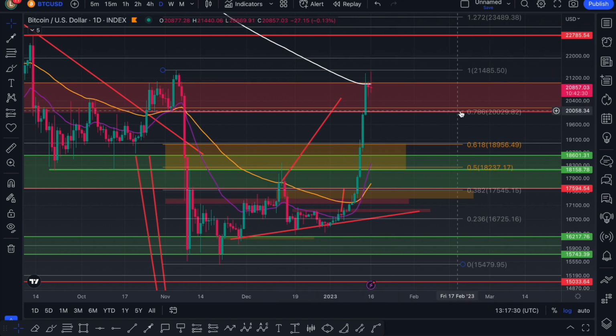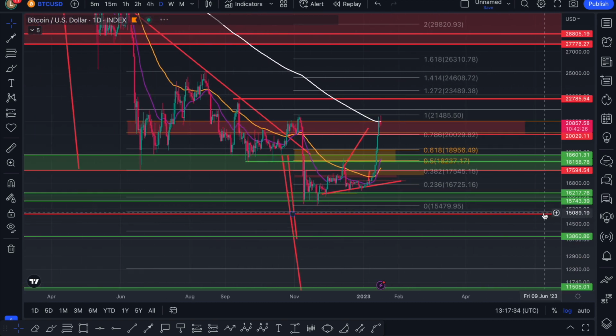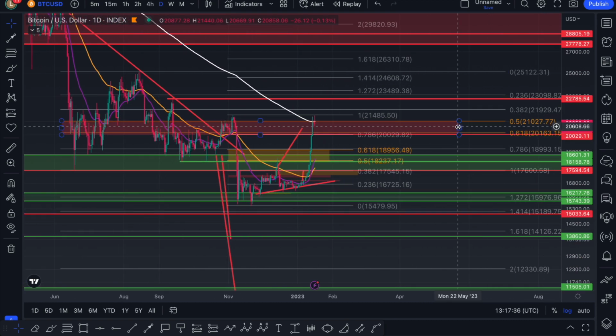That is where we're currently rejecting, as well as this red box, which is also a golden pocket. We usually make it golden, but in this case red, so you know that this is resistance. It's interesting that this golden pocket is between the 0.5 fib and the 0.618 fib, measuring from this low to that